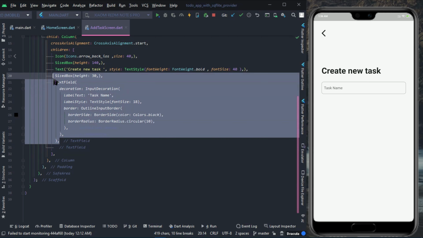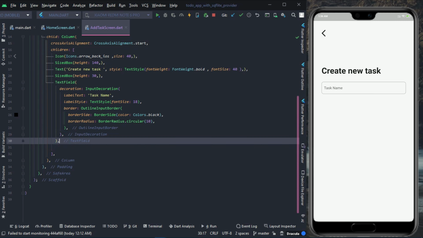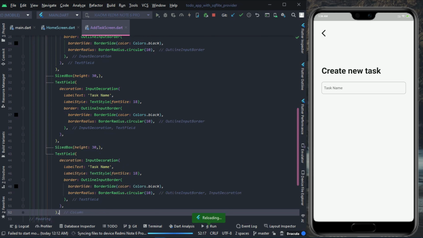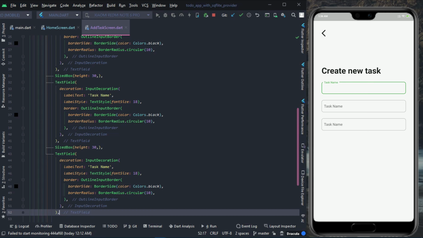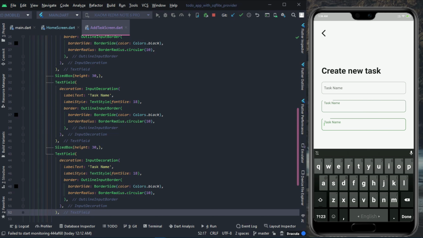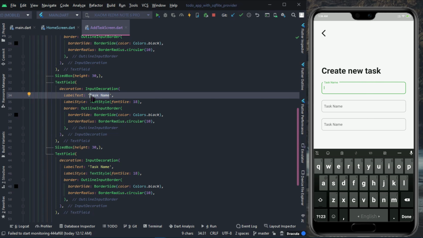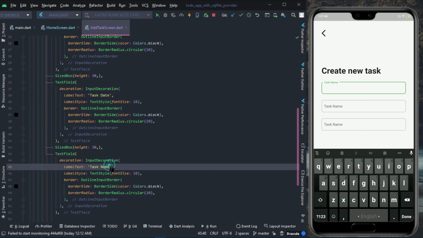So I'm copying the text field, and okay, yeah, it looks good. We need to change our label name, so the second label will be start date or task date, and the third label will be priorities. Okay,